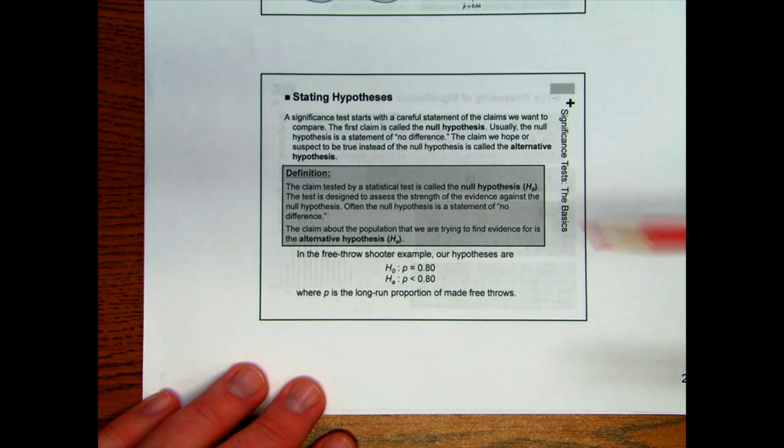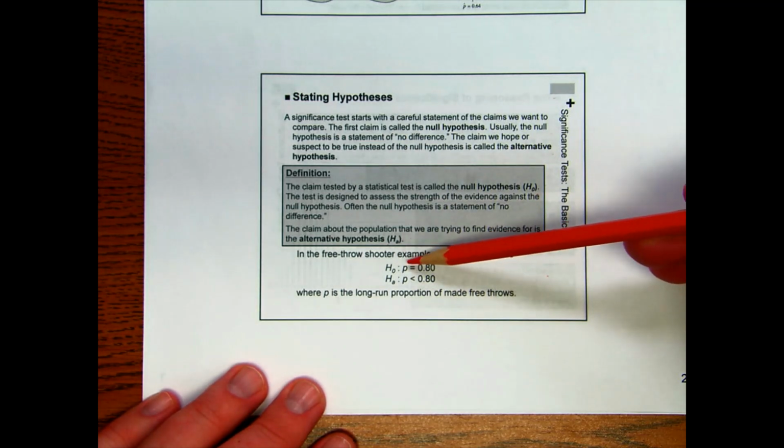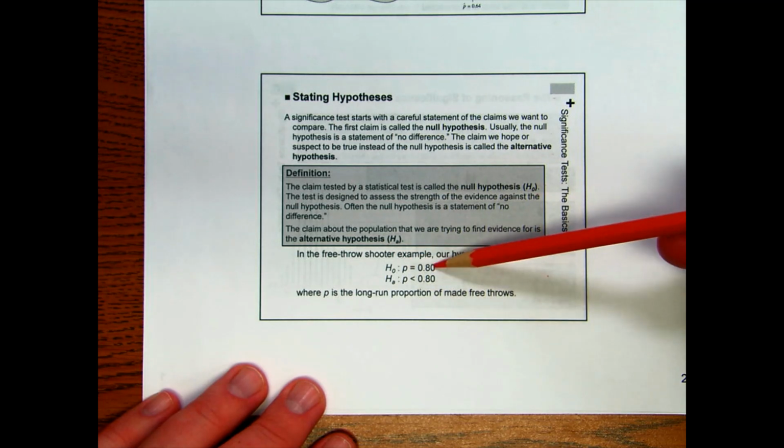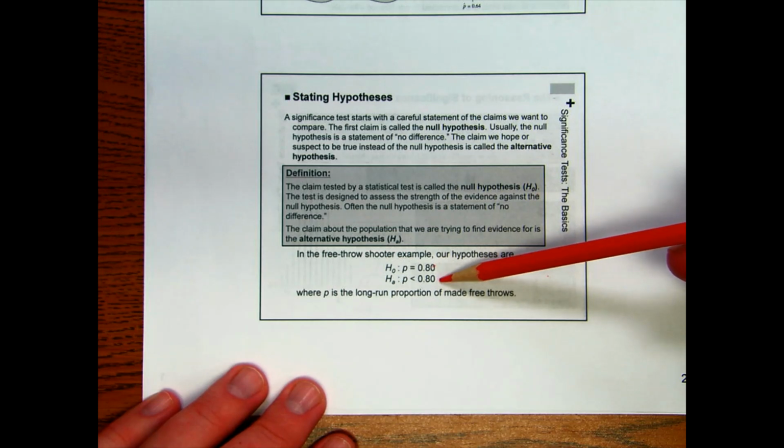So, going back to our free throw shooter example, this is what our Ho and our Ha would look like. The Ho is that the true proportion of his free throws really is 0.8. Now we suspect that he's not necessarily telling the truth, and we would like to show through our data that the actual proportion is less than the